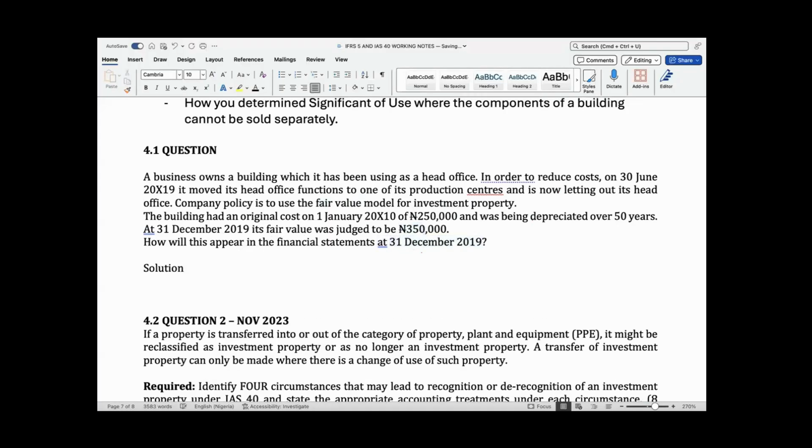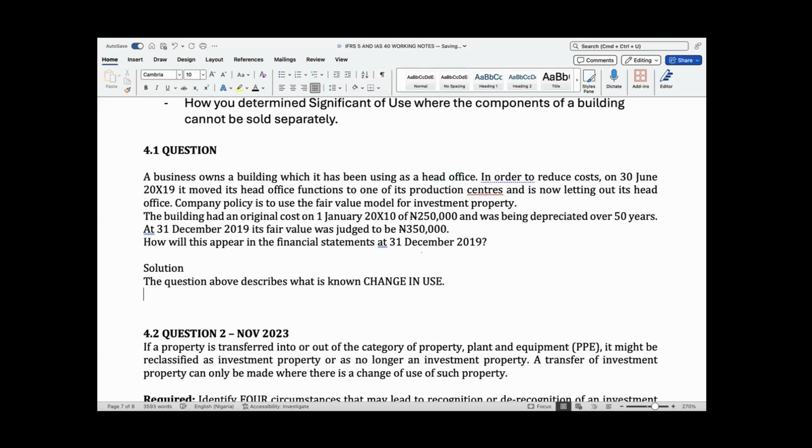So now, the question above describes what is known as change in use. So there's a change of use from PPE to investment property, because they were using it for head office before, but now they have decided to let it out. So now the issue is this, when it was